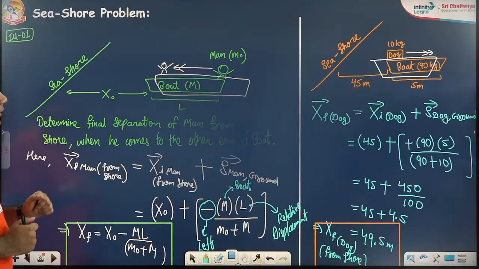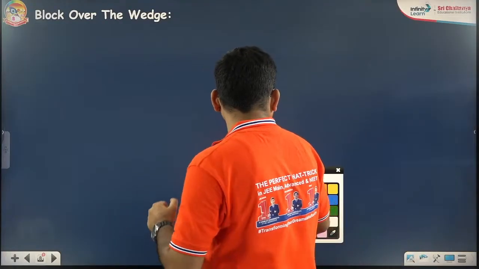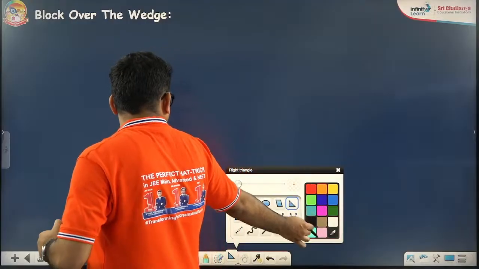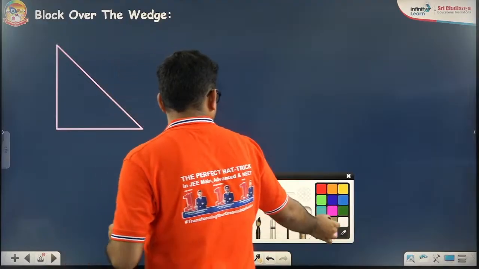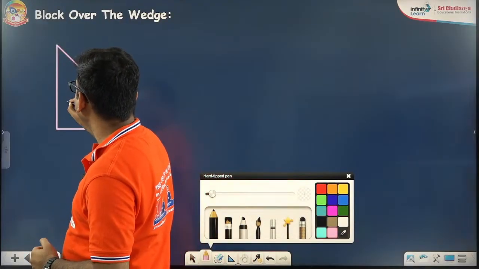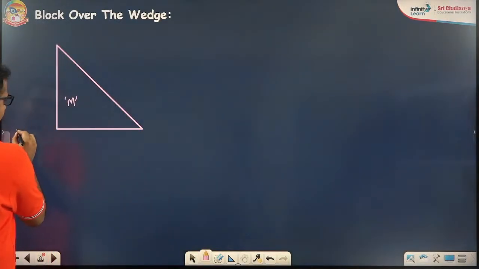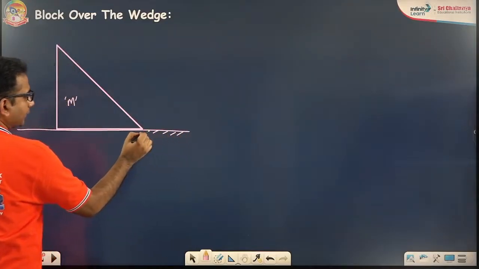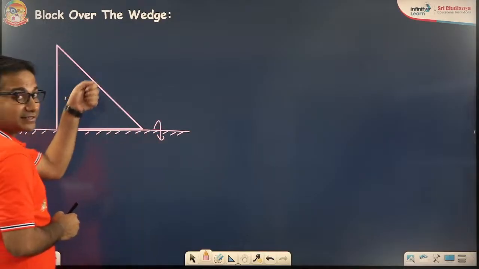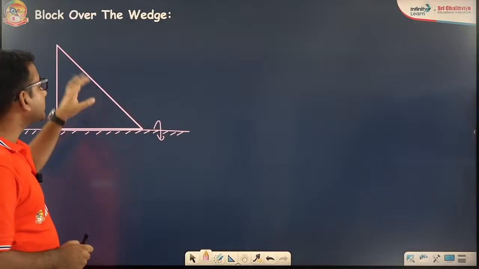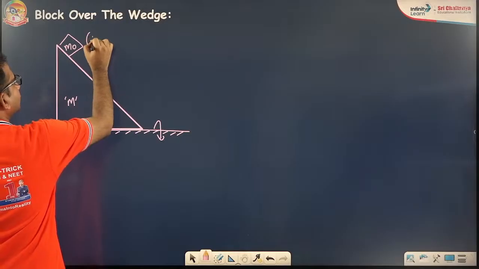All right. Let me take another model, block over the wedge. Let us consider this as illustration 1. This is a wedge, an inclined plane, of mass capital M, and it is placed over a horizontal floor. Since we don't want any external force acting on the system, gravity will still act in the vertical direction, so you can't conserve the linear momentum there. Suppose there is a block of mass m0 over here, which is released,